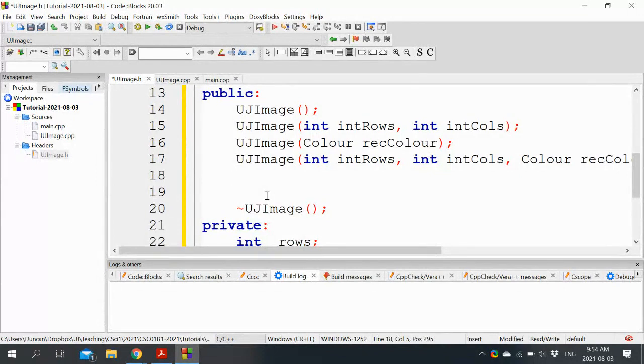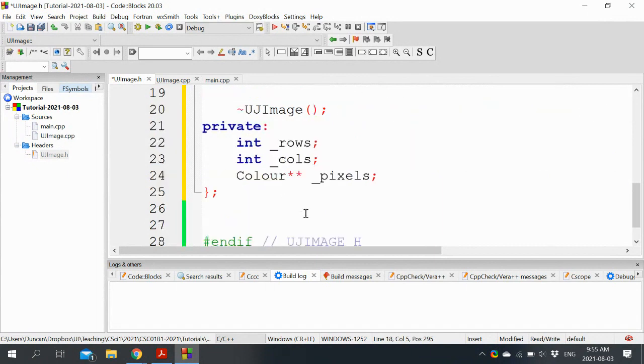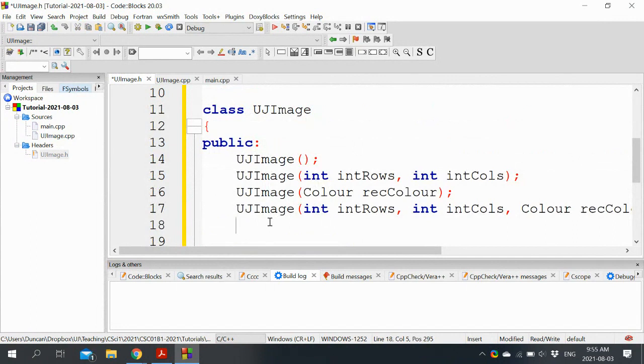There's actually a special rule, which we know two thirds of at the moment, where if you have any one of these things, you need all three. So if you need a destructor, you have to have a copy constructor. If you have a copy constructor, you have to have a destructor. And later on, we'll learn about the third component in this rule of three, which is known as the overloaded assignment operator. But for now, it's just a rule of two. If you have a copy constructor, you have to have a destructor, because it means there's some resource that needs to be duplicated or deleted.